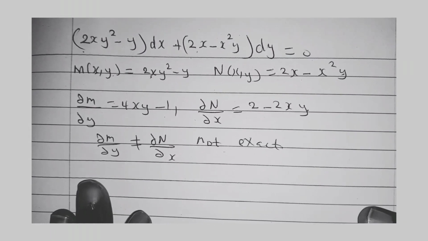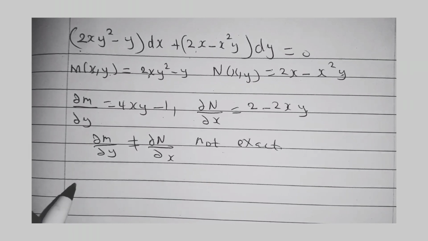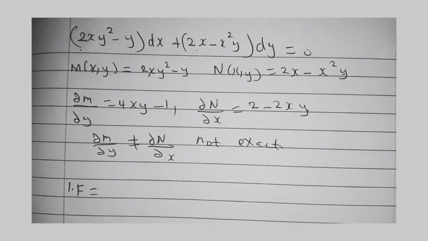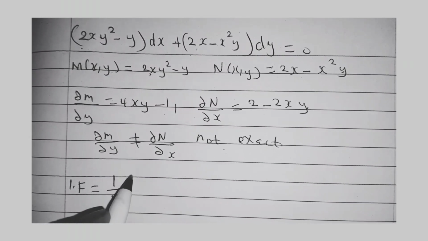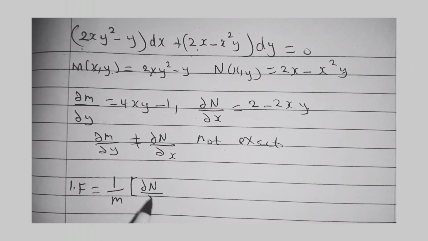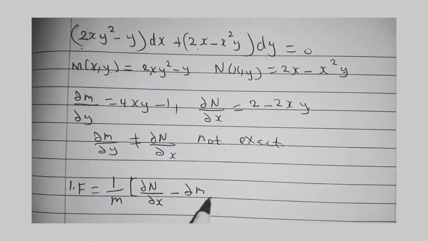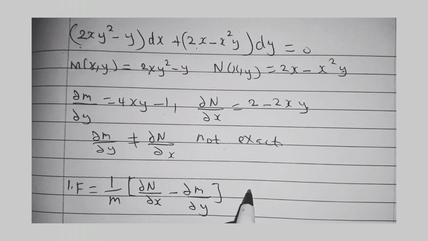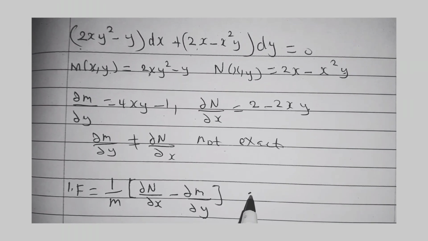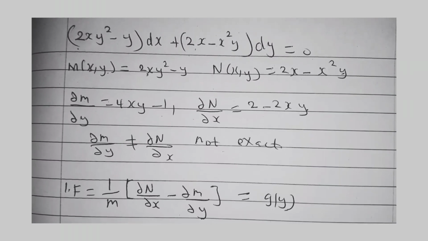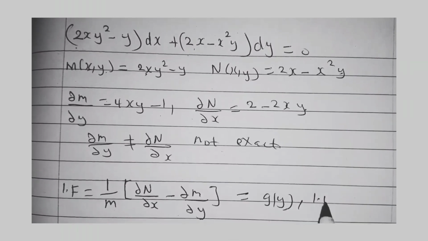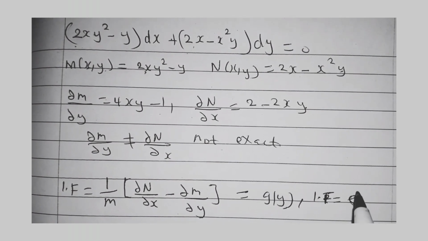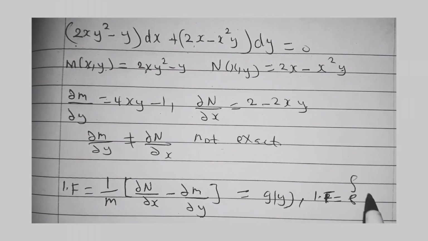So we find a way of making it exact by coming up with the integrating factor, whereby we are applying rule 2, which tells us that 1 over M times (partial of N with respect to x minus partial of M with respect to y) will give you a function which is in the form of y, g(y). And now once we get that, our integrating factor will be given by exponential of the integral of g(y)